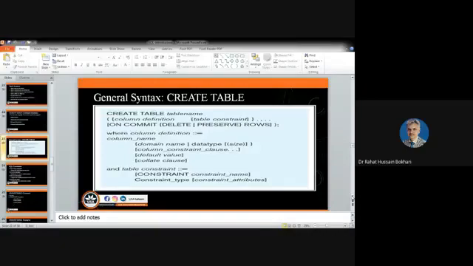In the very beginning, we just use it in a simple way. We say create table, the table name, and what attributes will be included in that table, and the data type of those attributes. We also give constraints if any, like the primary key and foreign key and so on. So at the outset, you have to see this. There are many things written in the syntax.